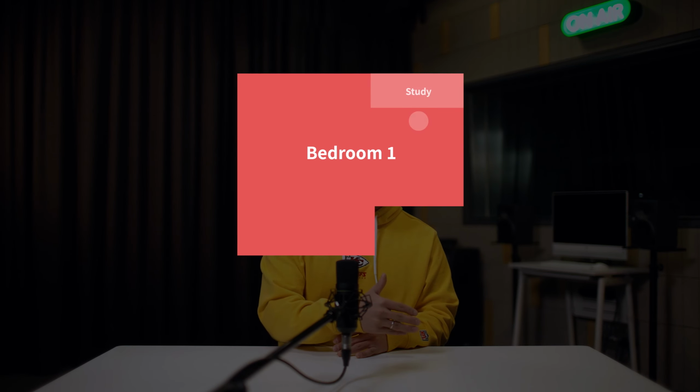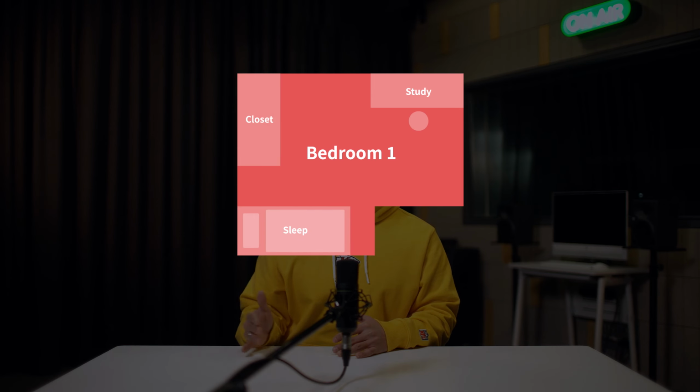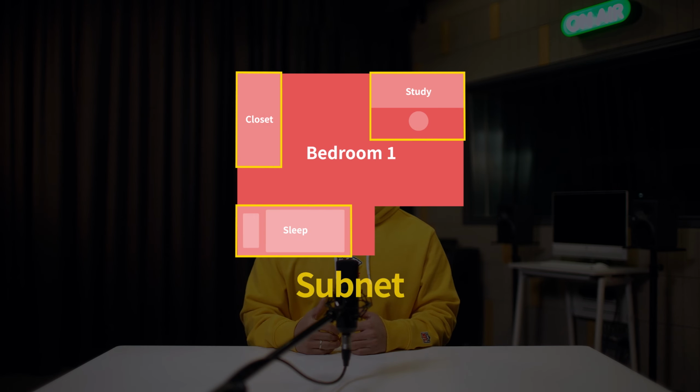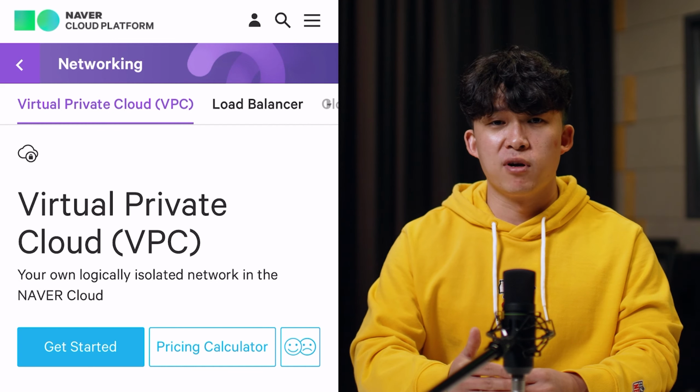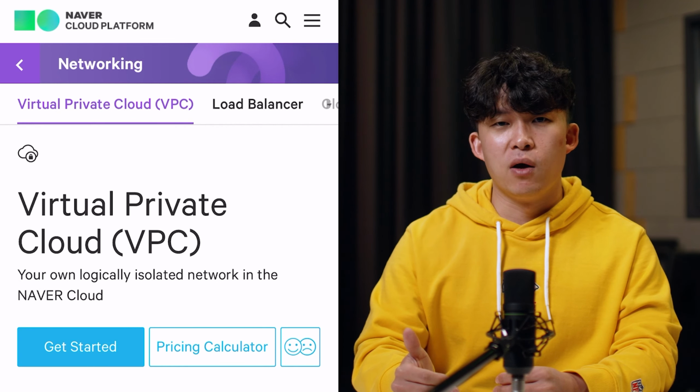When we talked about a virtual private cloud, subnet is also a very important concept. A subnet represents a range of IP addresses. Think of it like a section inside your virtual private cloud. If your room is organized into a studying area, a sleeping area, and a closet, each area could be considered a subnet. When you deploy your project on NAVER cloud platform using virtual private cloud, you can put your